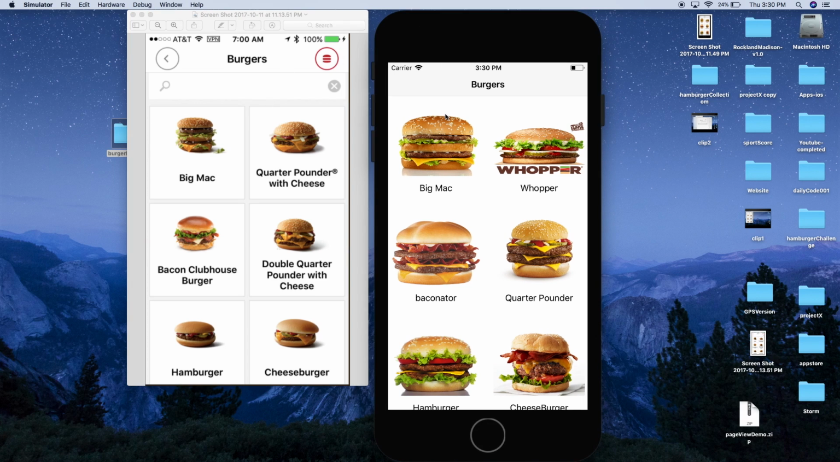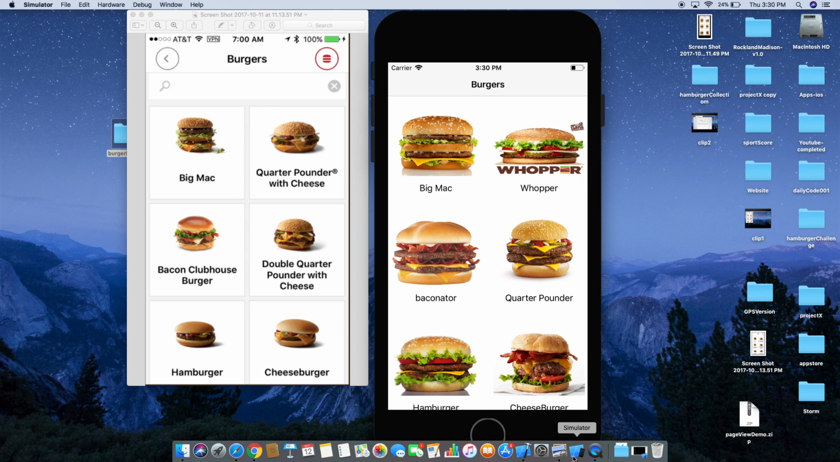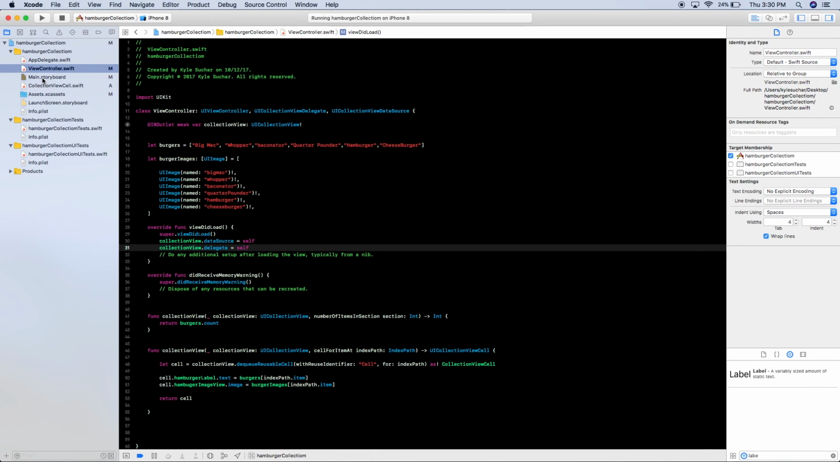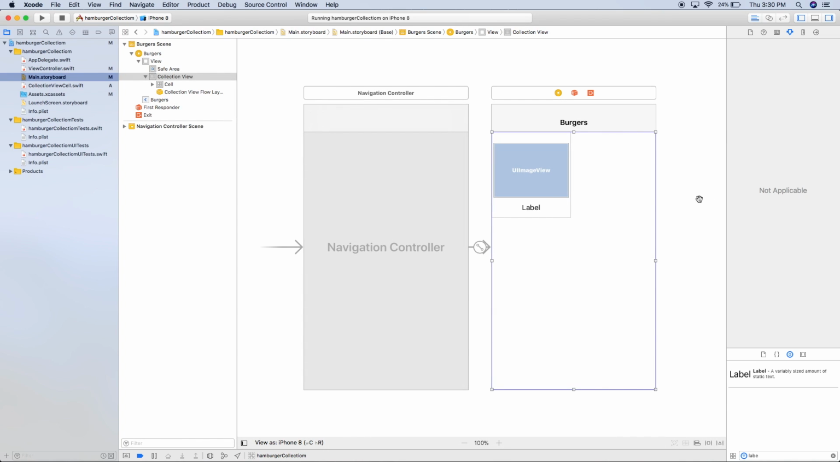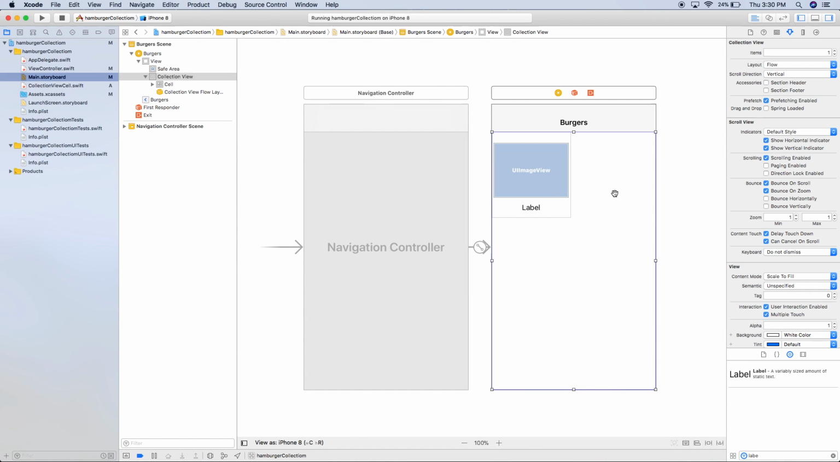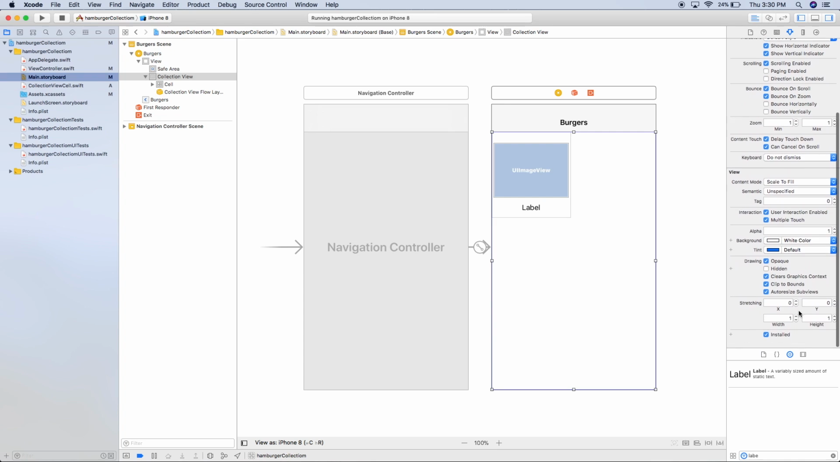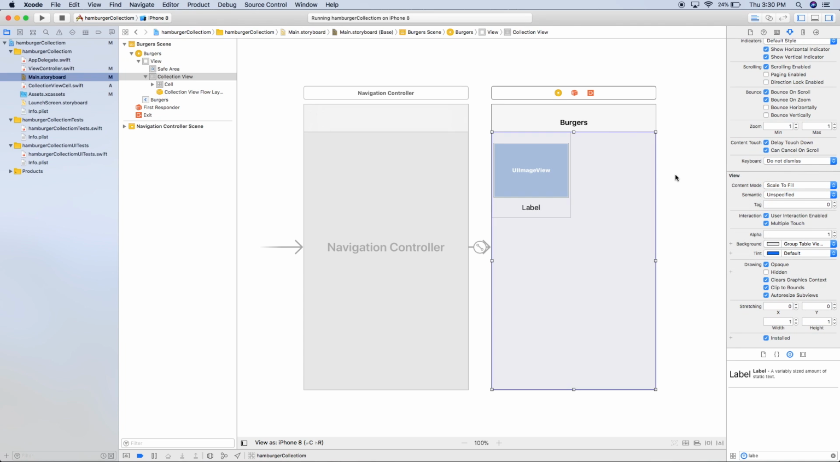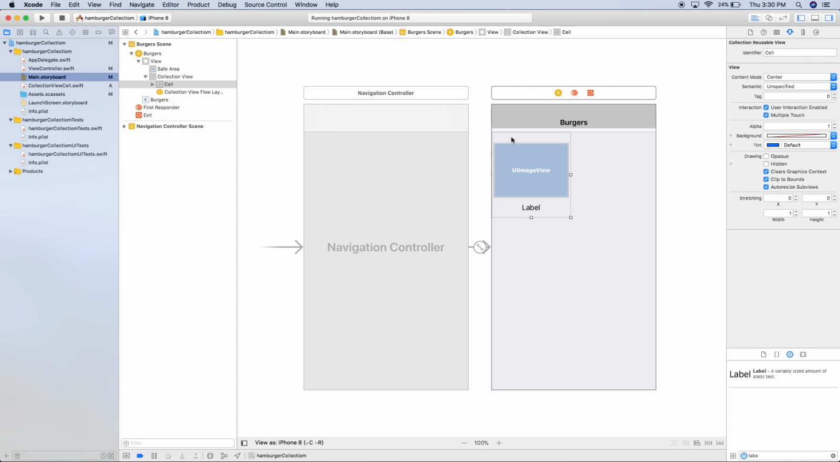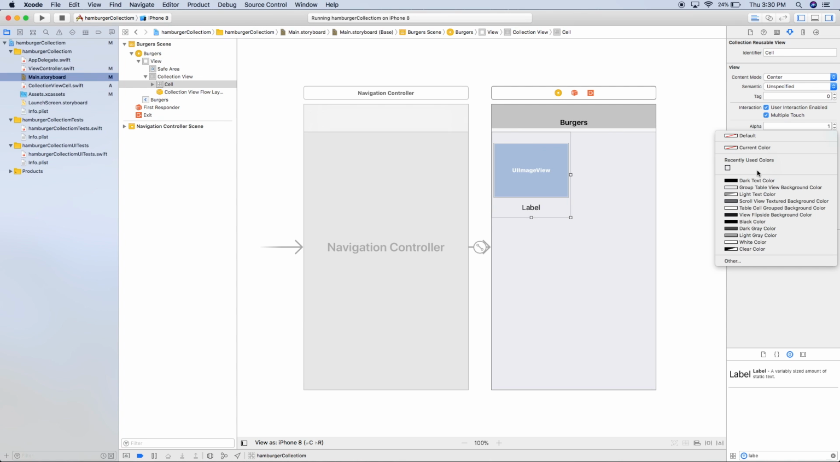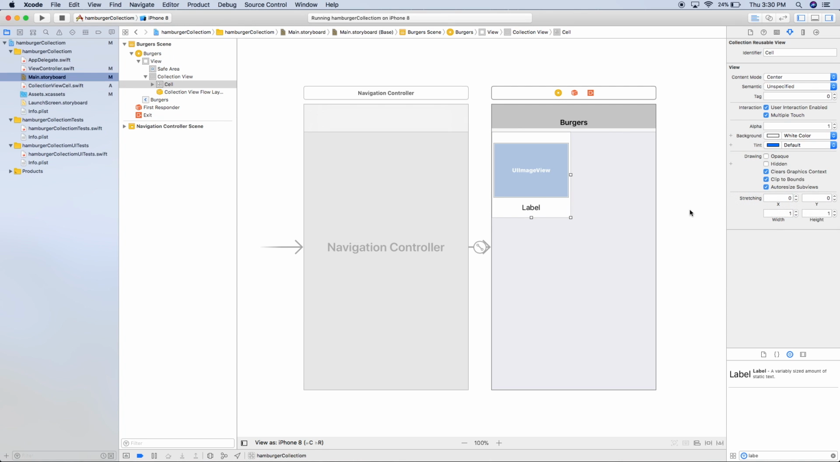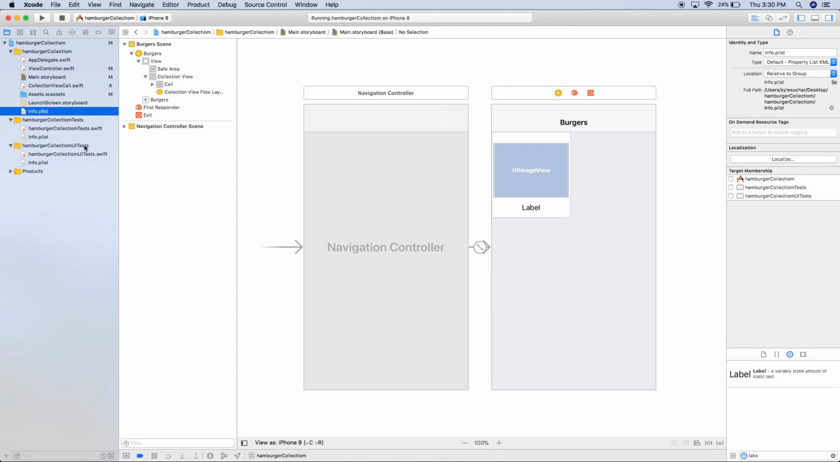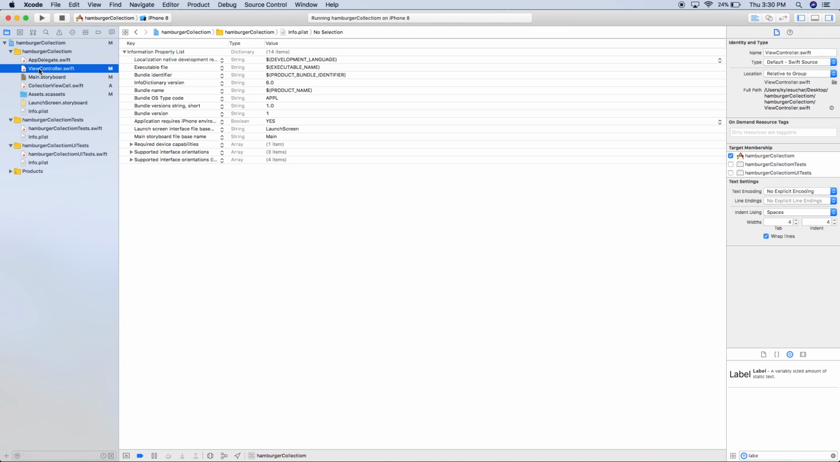So let's take a look at a few different things here just so we can get a little bit closer to what we were trying to accomplish. So let's actually go back into the storyboard, and let's click on the collection view and just set the background to this group table view background color, and then click on the cell and set the background of that to white. And then let's actually go back into our view controller,